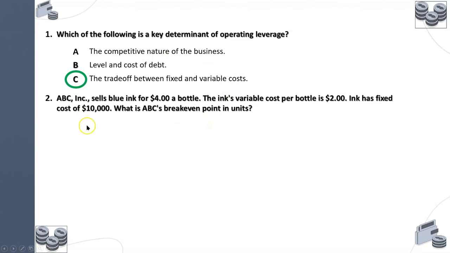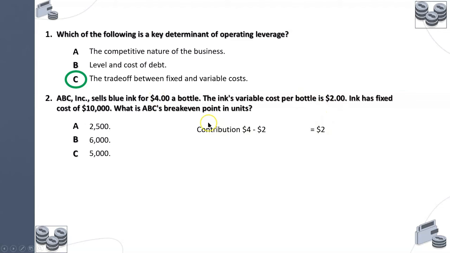What is meant by the contribution is the difference between the selling price and the variable cost. This difference means this is the contribution of the price towards covering the total fixed cost. The more contribution we get, the less number of units I need to produce so that I can break even. So these are the answer givens, and let us calculate the contribution, the difference between the sale price and the